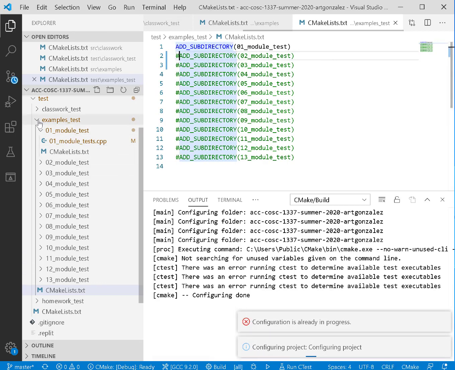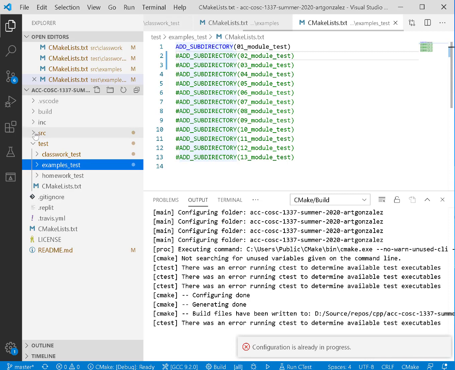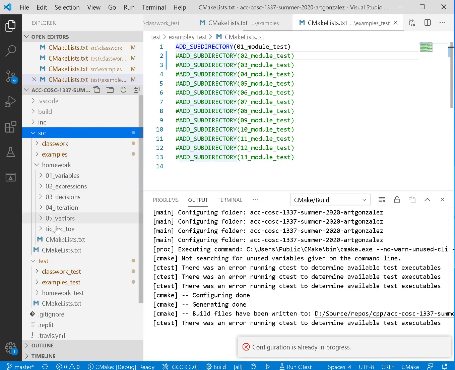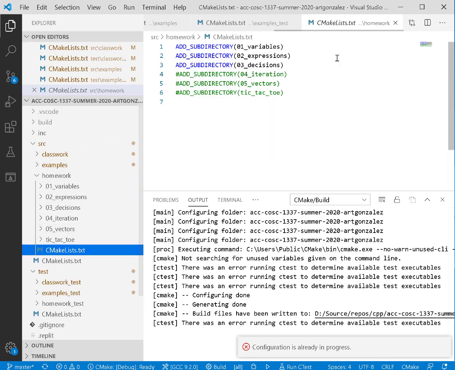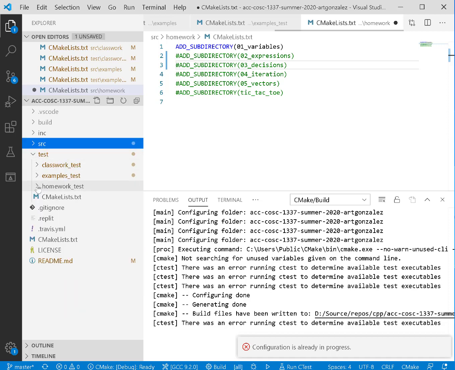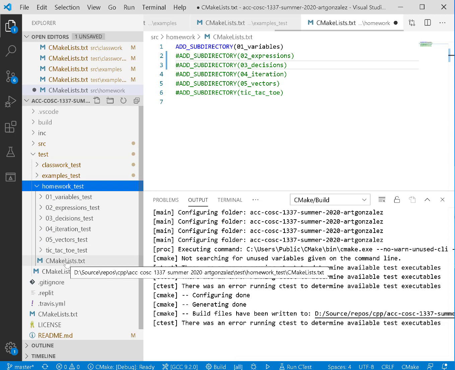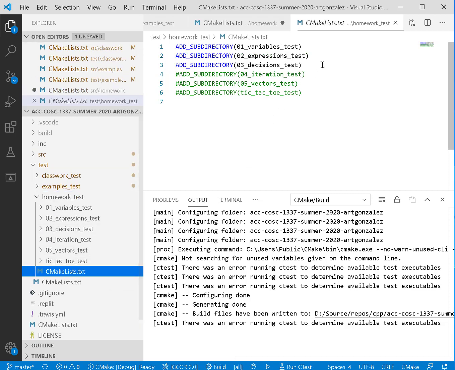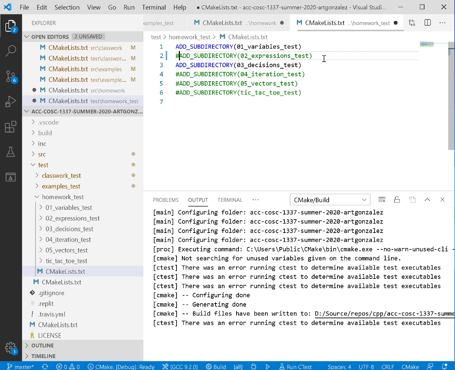Now we come back to src, we will do the same to the homework folder, disable everything but 01 variables. We come back, we do the same thing to test homework_test, find the CMakeList.txt file, put a # on statements 2 and 3. Now we have matching